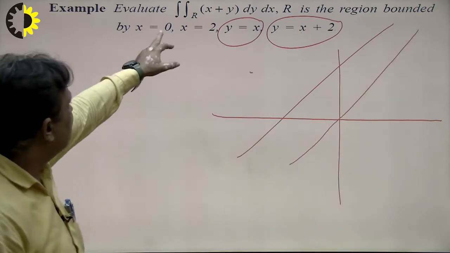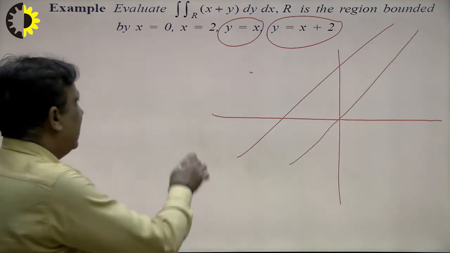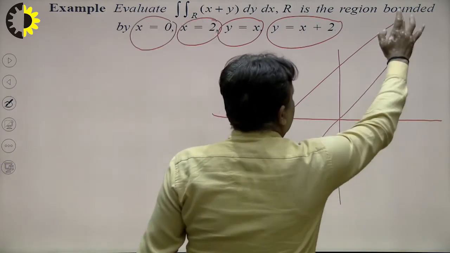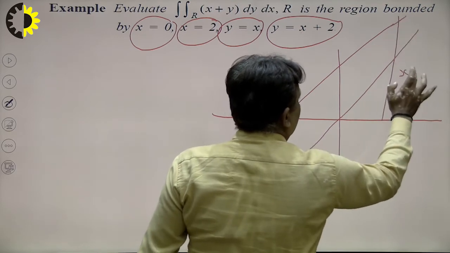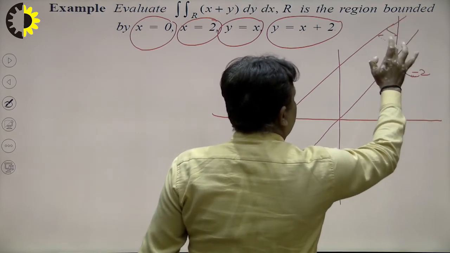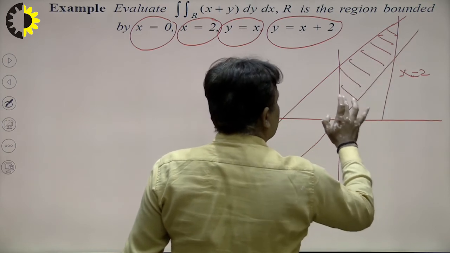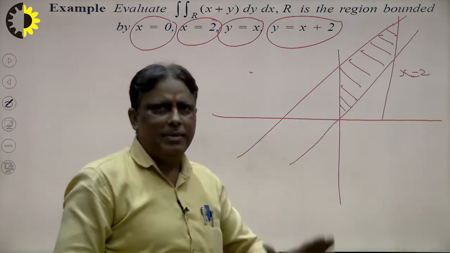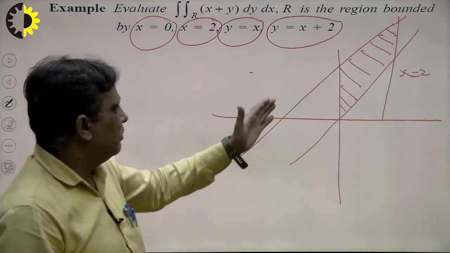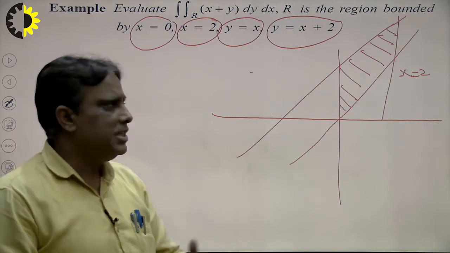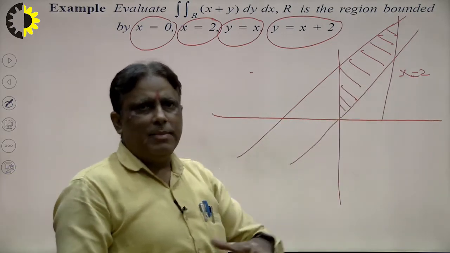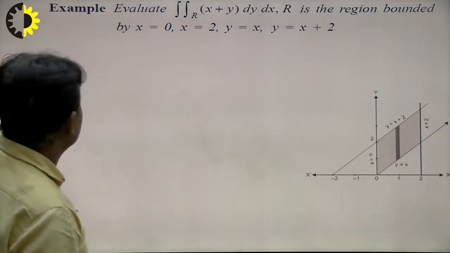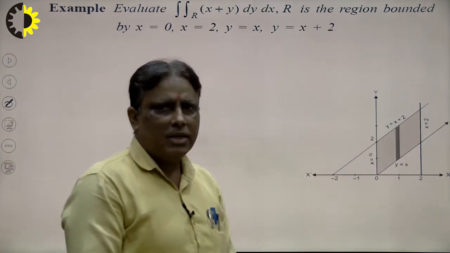Now the question is that x is equal to 0 and x is equal to 2: x is equal to 0 is the y-axis and x is equal to 2 is a parallel line. So this will be x is equal to 2, and the region will be this part. Now the question is how to take the limit first. First of all we consider the limit parallel to the y-axis. Suppose any student says, sir, I want to take the limit along the x-axis, then the region will be divided into two parts, and if we take the limit parallel to the y-axis, the region will be single. So in this way we can draw the diagram and consider the strip here.